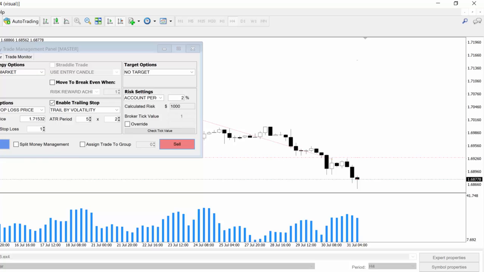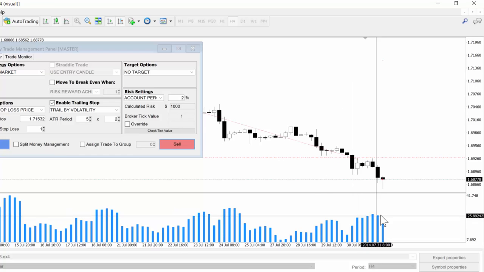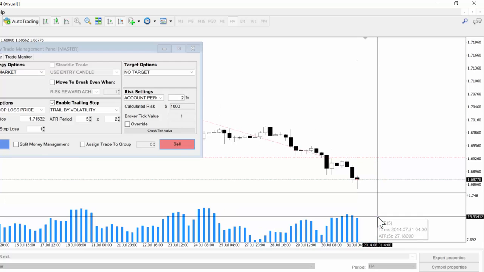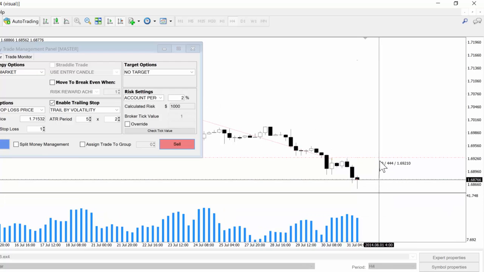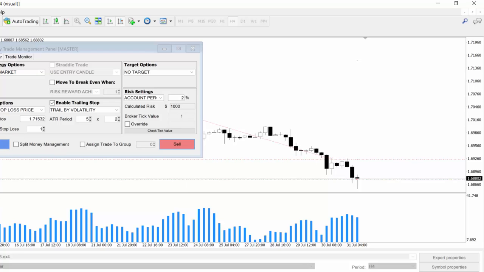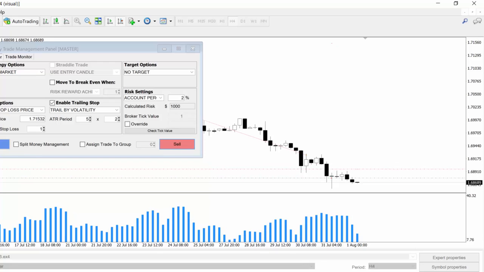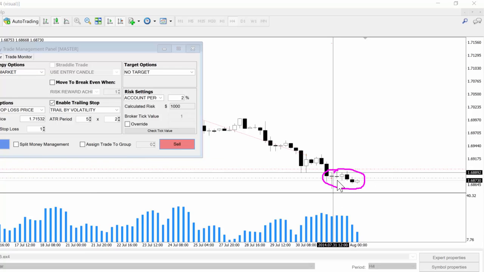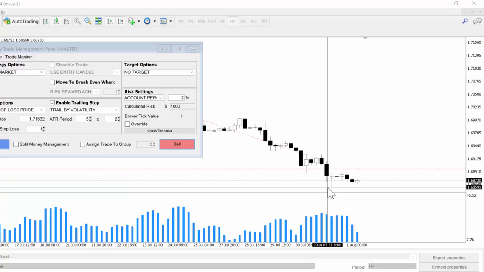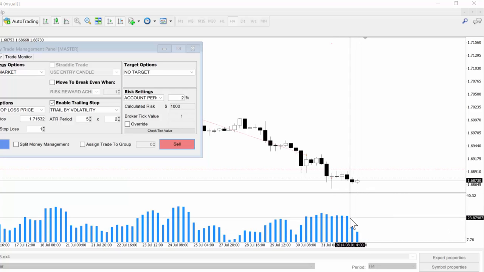So we click sell, and straight away the market trailed the stop all the way down here. So we're going to be taking a reading of 25 pips, so we should be about 50 pips away. Yep, that's correct. Okay, let's see if the market continues to dive down here. Okay, we're getting thinner. Look at the trailing stop now. As the market does nothing, basically here we're getting very thin candles. The volatility is drying up within the last 5 candles, and we're seeing the ATR drop off the radar here,